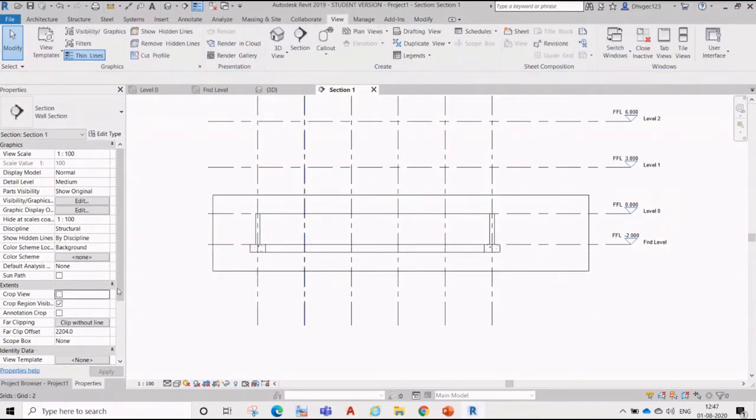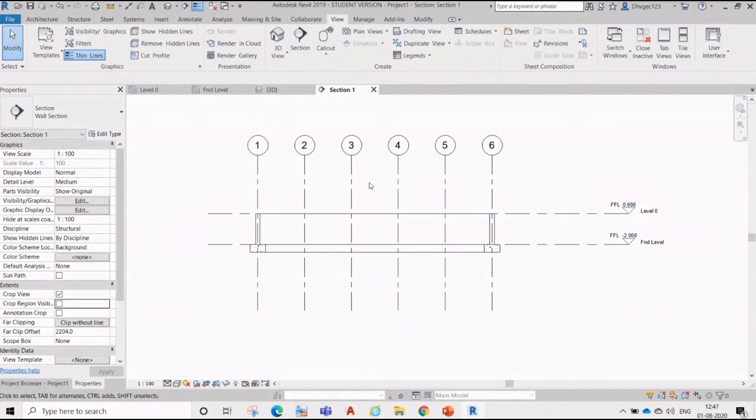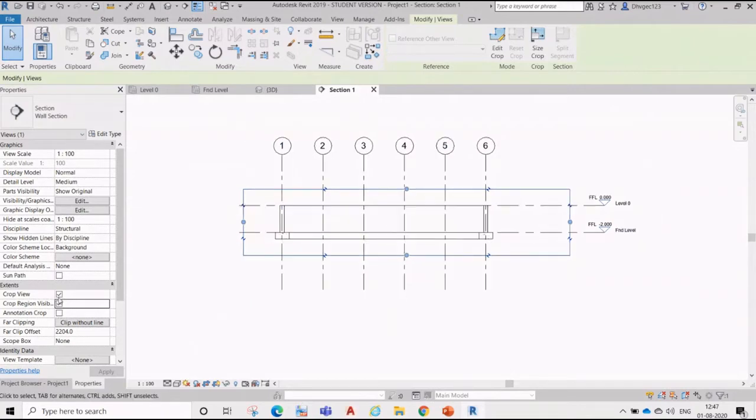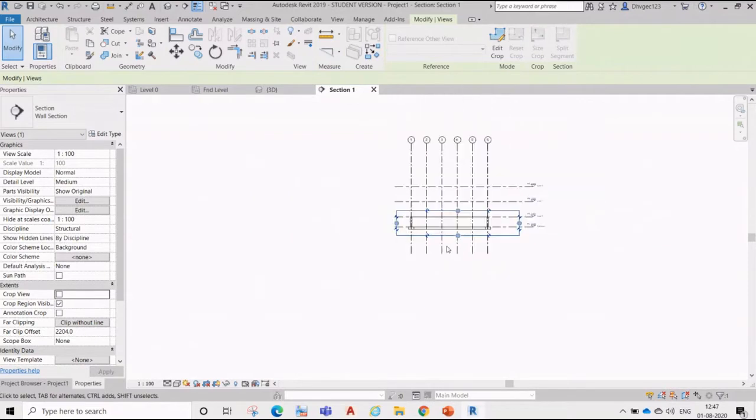If I turn off this crop view region visibility, you will not see that line over here. So this line shows the visibility of the crop. And if you don't want the crop view, you unclick it, and it will show the entire geometry which cuts at that section location.